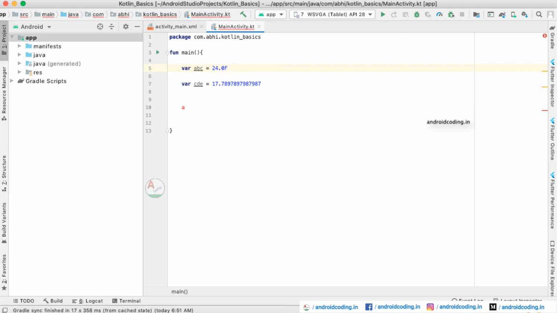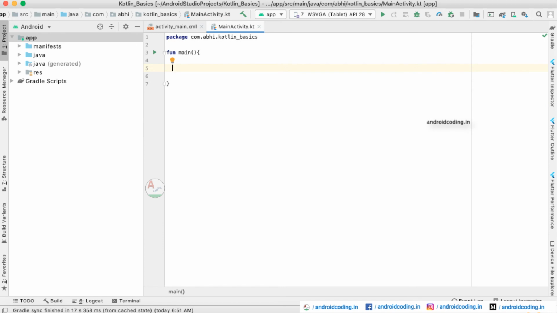You may have a doubt as to why we specifically need to add an f after the number. Why? Because in particular scenarios like gaming, or any other scenario where you want precision on the screen, you need to specify those values as a float. In that scenario we need to make the variable a float, so you just need to add an f after the value of that variable. So this is it for floating point variable declaration in Kotlin.